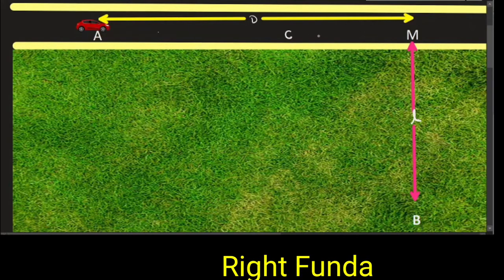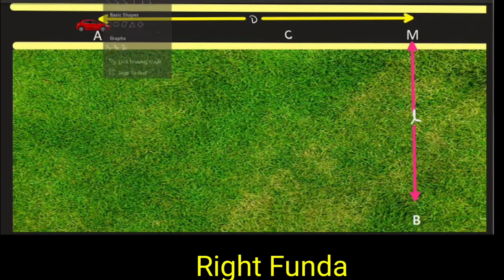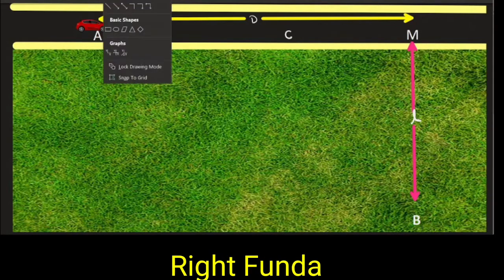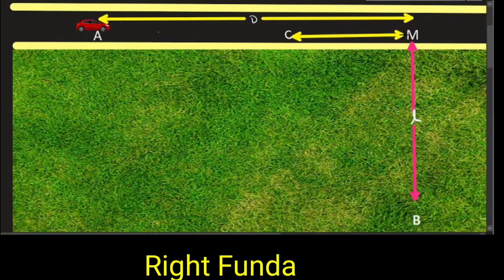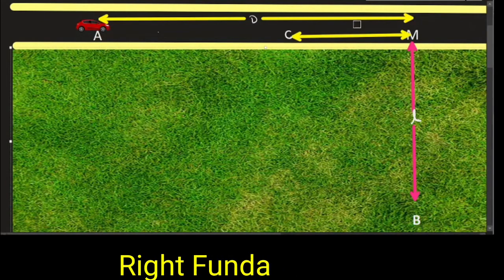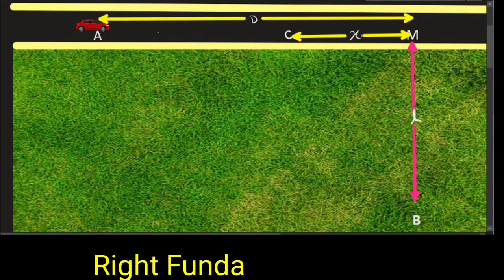So let's assume that this distance is equal to x. What is x? Suppose I take this point from here where he will be taking the turn. I am thinking that this is equal to x. Okay. When this is equal to x, then I'll say, so those people who are thinking that no, he should